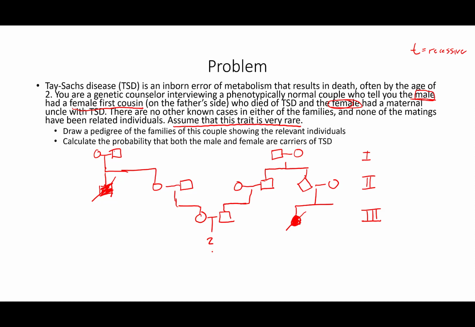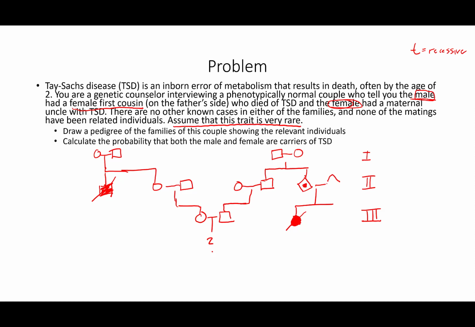Now, the next question says: calculate the probability that both the male and female are carriers of Tay-Sachs disease. How do we do this? Well, we're going to have to work our pedigree backwards. We know over here that this person died of it. That means that this individual, whether it was the male or the female, we don't know,